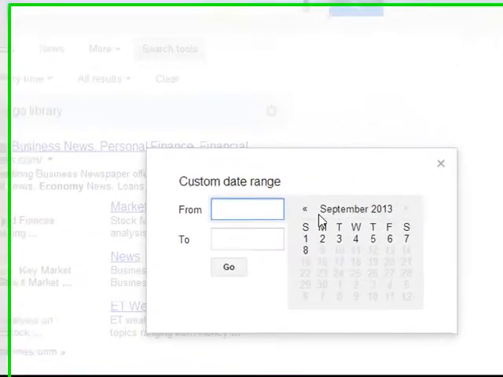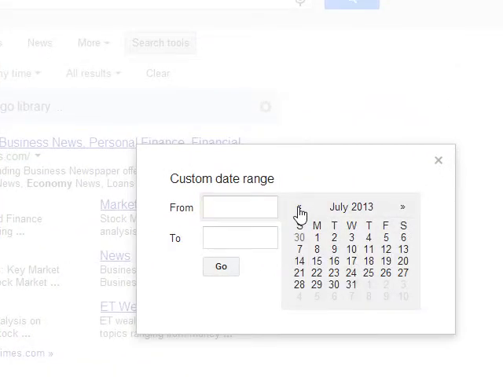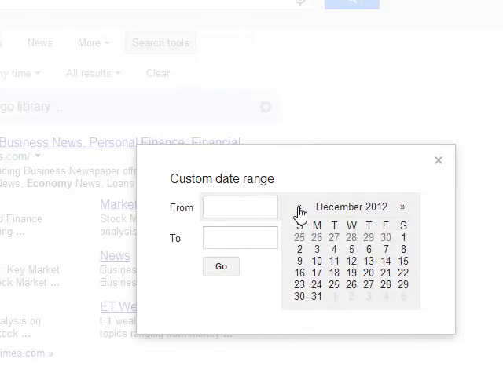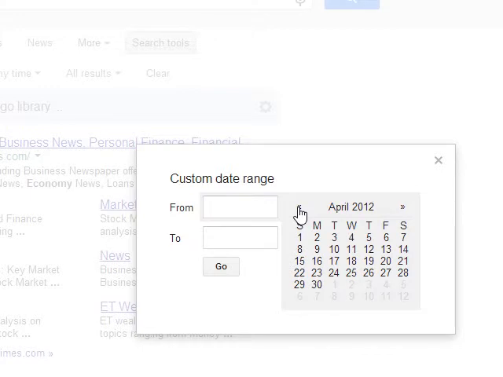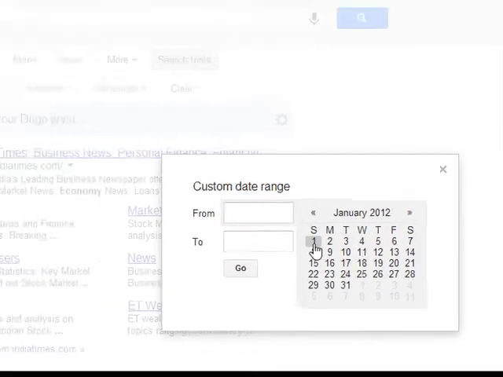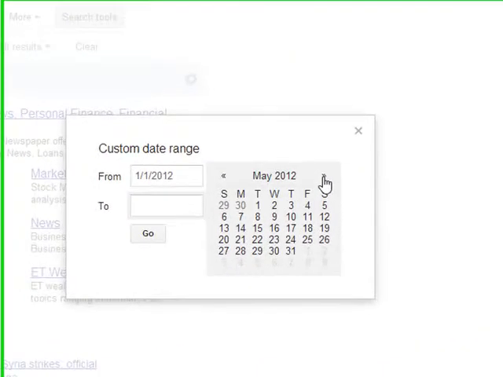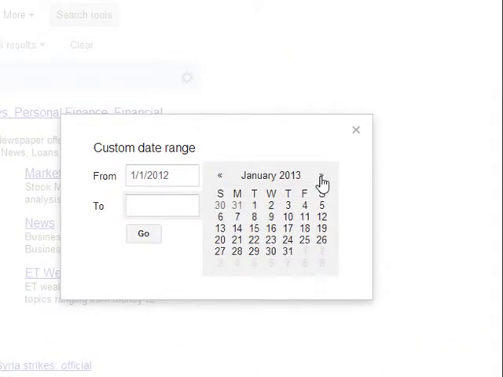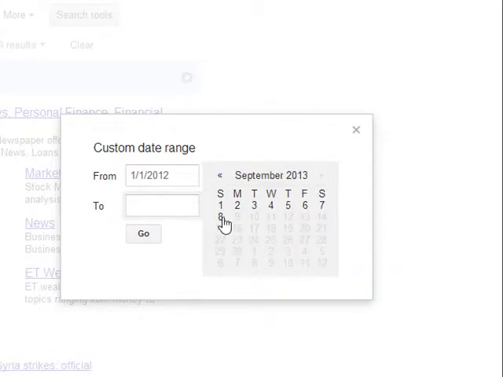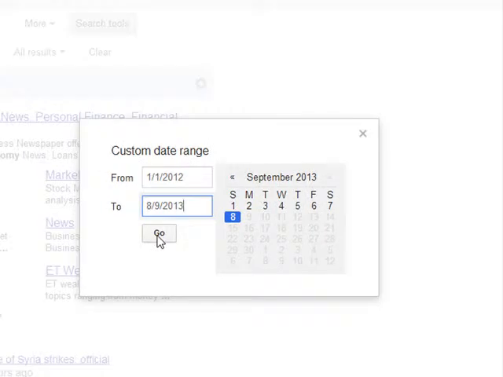For example, I want to search the information from January 1st, 2012 to the present. Then what I would do is September 8, go.